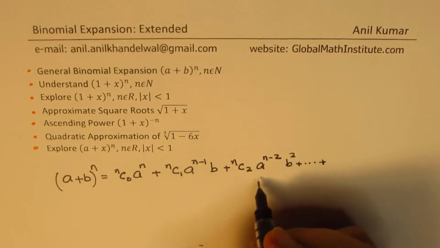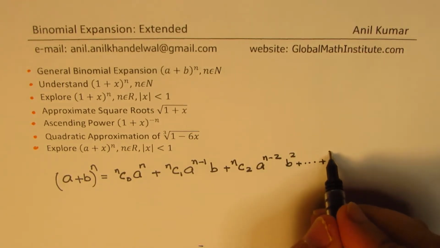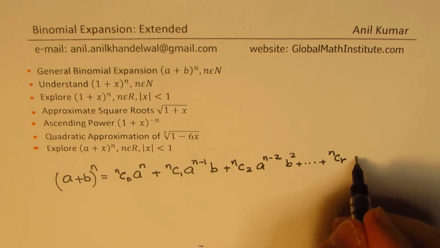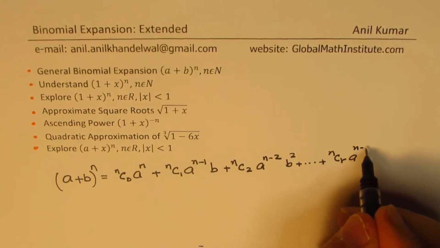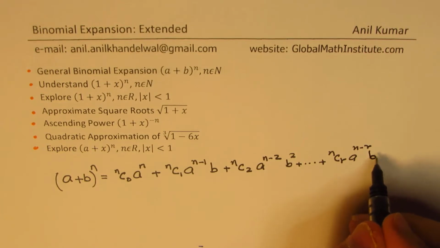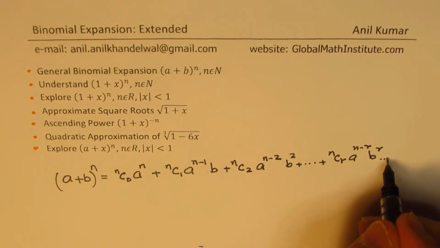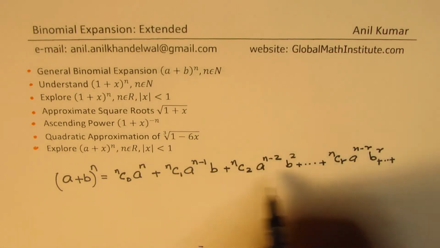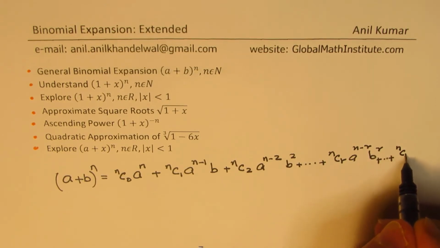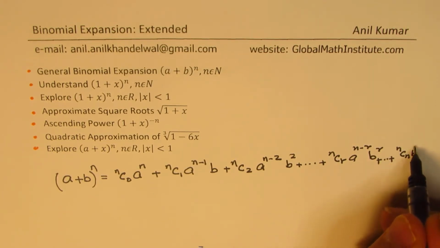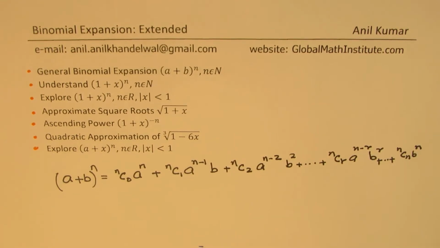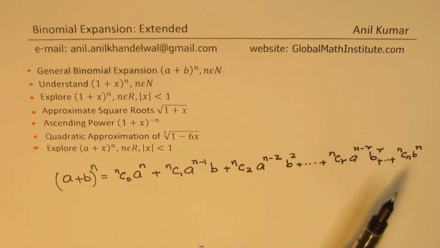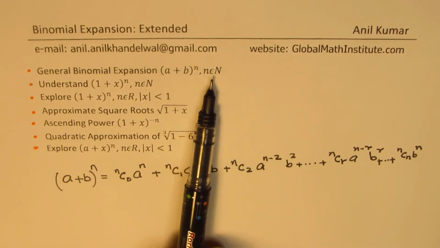A general term in this series will be nCr a^(n-r) b^r, right? And the last term of this series will be nCn b^n. You start with nC0, 1, 2, 3, 4, and it goes to nCn. So that is what the binomial series is in general, where we have a restriction that n belongs to natural numbers,